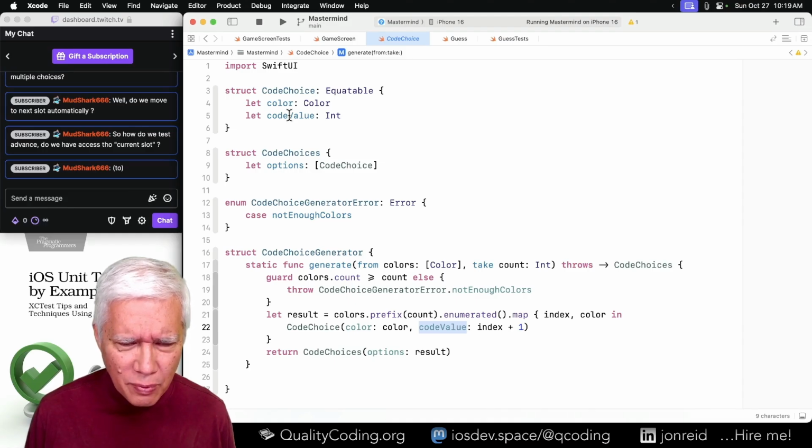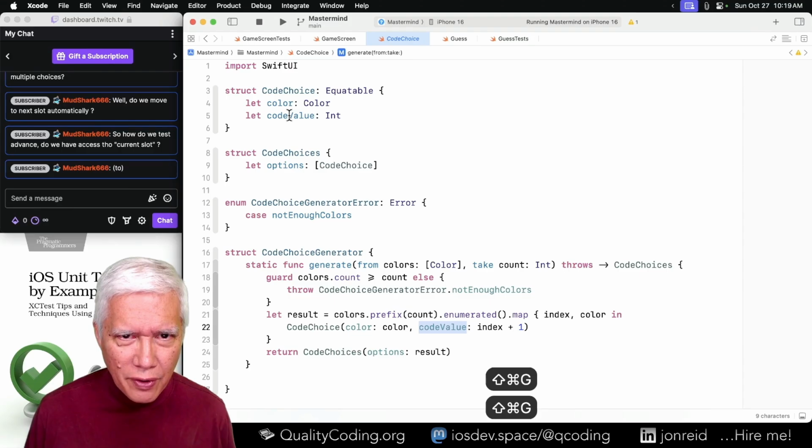How is this guess one? I have no idea. Let's find out.